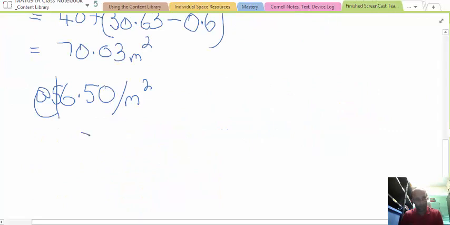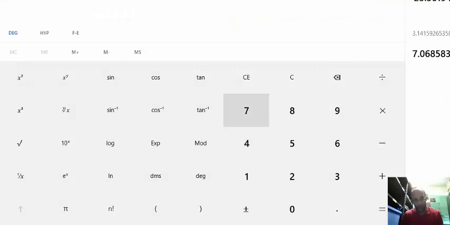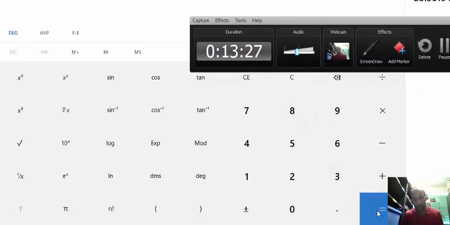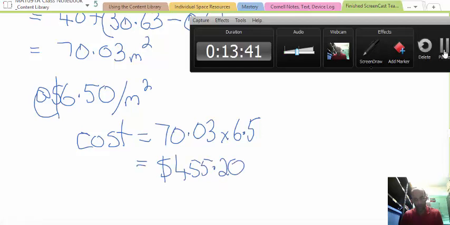So at $6.50 per square meter, we have the cost is 70.03 times $6.50, or 6.5. 70.03 times 6.5, and we've got $455.20 for the